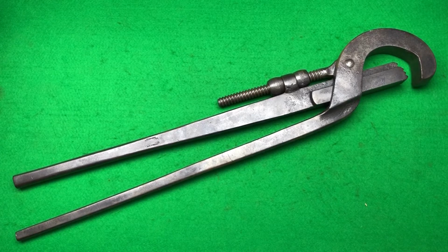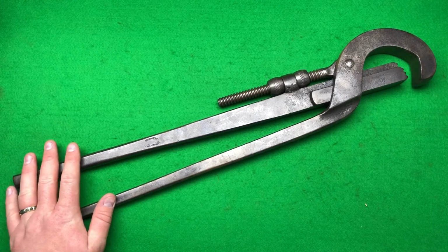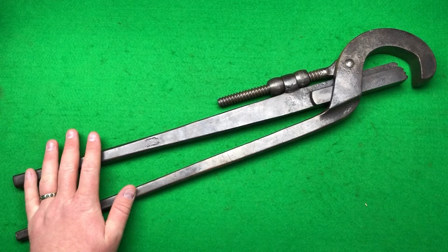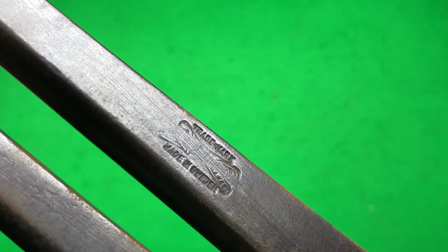I've just got home from a nice walk with my wife and the postman's been, and look what he's brought. He's brought something which is extremely rare. I'm very excited about this. This is a 1895 extremely early Bahco. You can see there it says made in Sweden, and you can